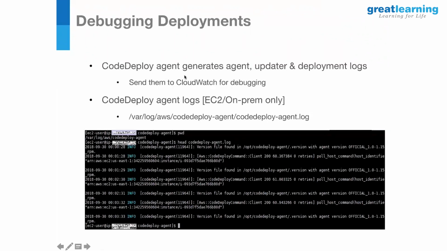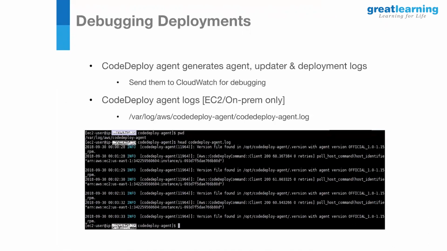And we learned that the CodeDeploy agent is the one which drives the deployment on these instances, be it EC2 or on-premise. First, you have to make sure the CodeDeploy agent is installed, up and running. Then only is the deployment possible.